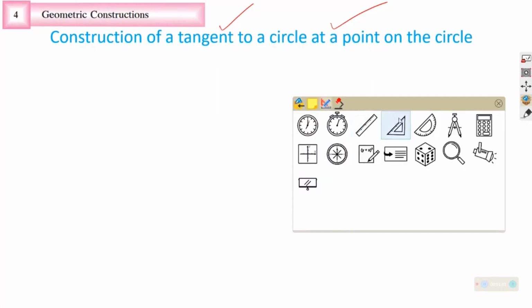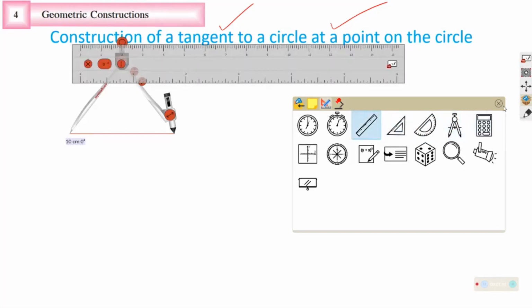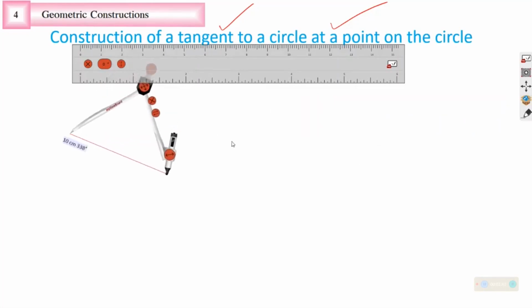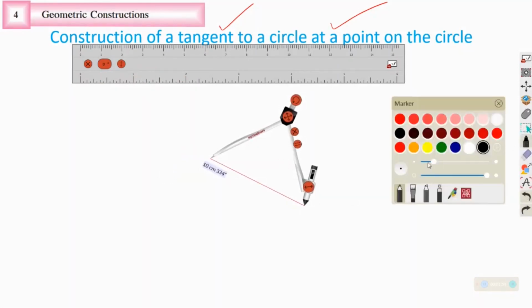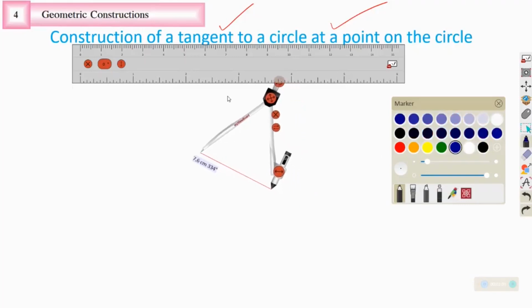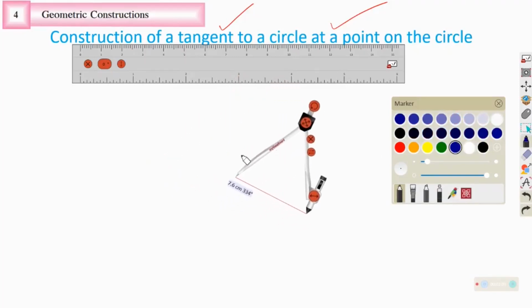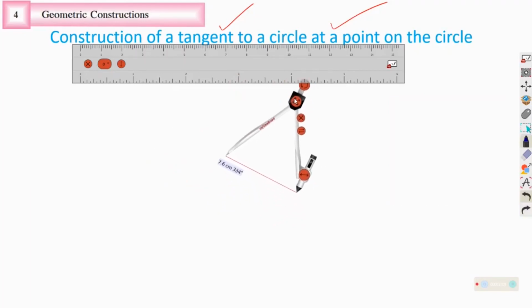So what basically we need is a compass, naturally. Then you will be in need of a ruler. This much will be enough. So let me try to draw a circle first. I will make this a little thin for the time being. Okay, you have to draw a tangent to a circle. So you should mark where you are going to draw the circle. This is the center of the circle.